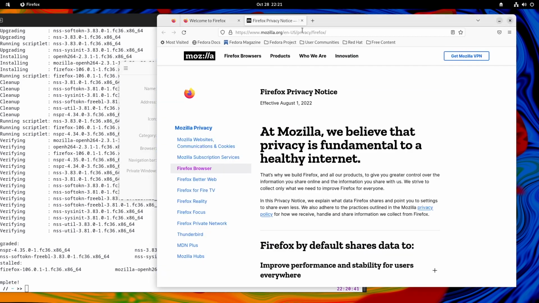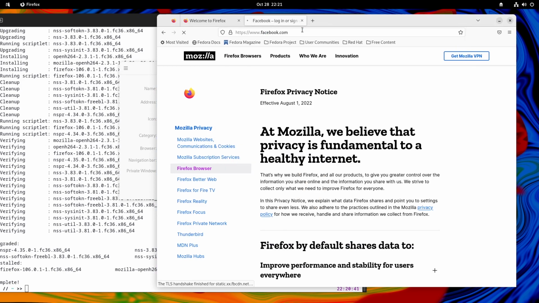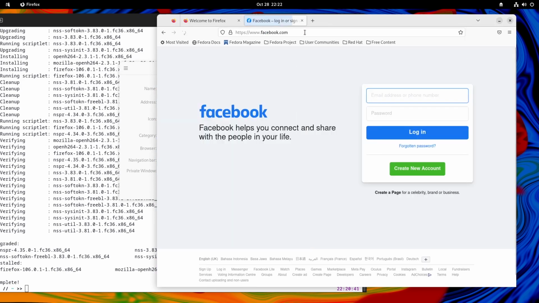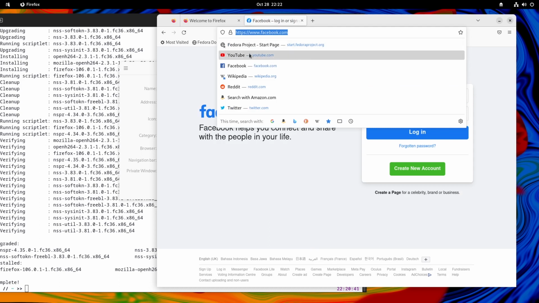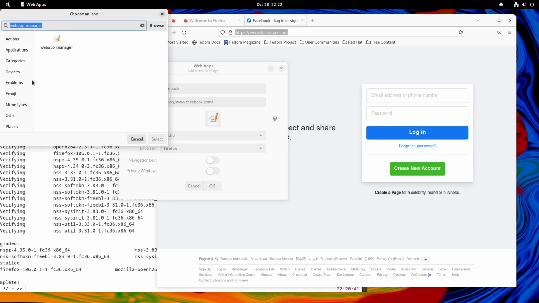I will try Firefox and the website name, for example, Facebook, and then I will check the URL. So this is the URL. I will paste it in here, and the icon, I will browse Facebook.